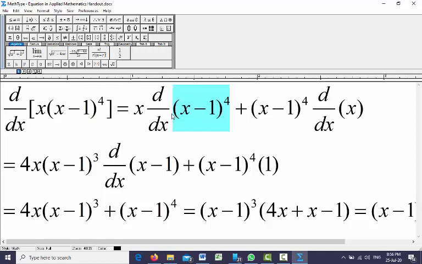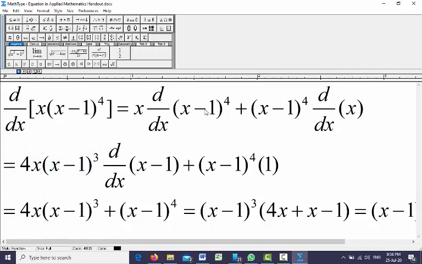Now, always remember you have to do differentiation of the power first. So power 4 will come first. You need to write the power 4 first, and from the existing power 1 needs to be deducted. If you deduct 1 from 4 we will get 3. So we will have x minus 1 power 3, and we have x outside before. So we will have 4x into x minus 1 power 3. This is for the differentiation of power.